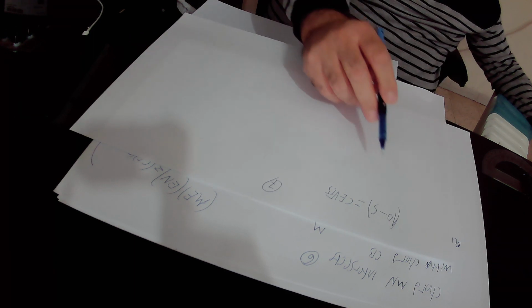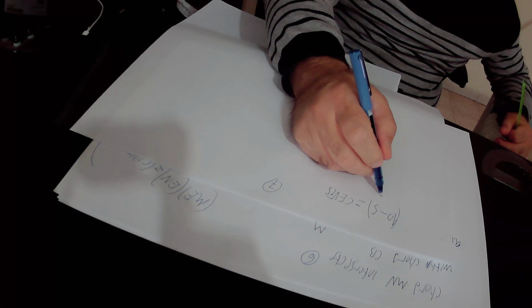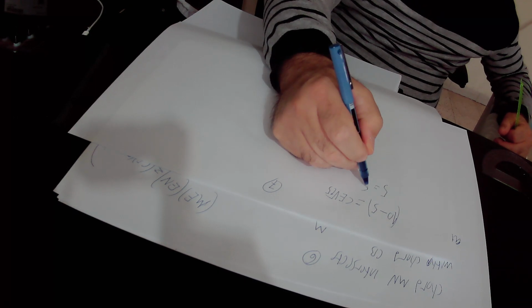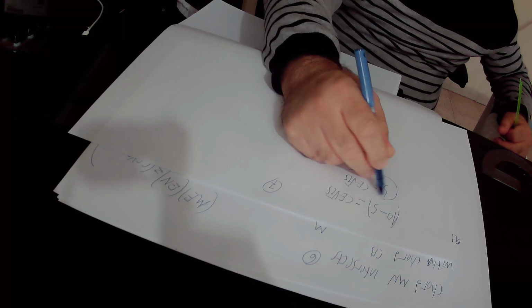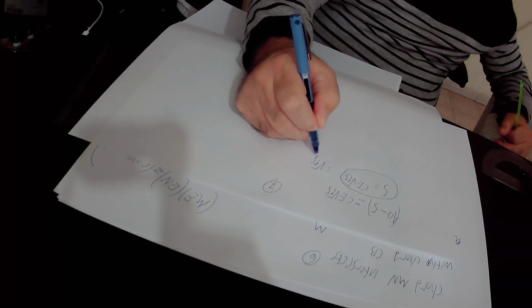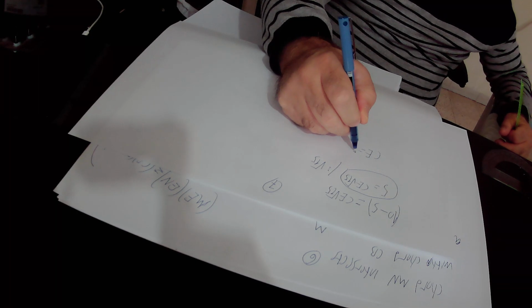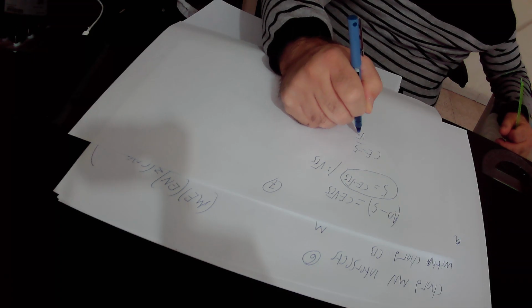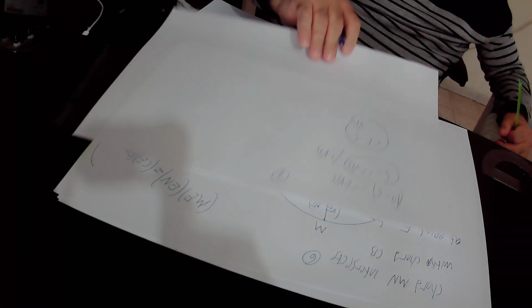In conclusion, we found out that 10 minus 5 equals CE times square root of 15. 10 minus 5 is 5. So 5 equals CE times square root of 15. Here we will divide this expression by square root of 15, and we'll get that CE equals 5 over square root of 15. So actually we found out that the missing line segment